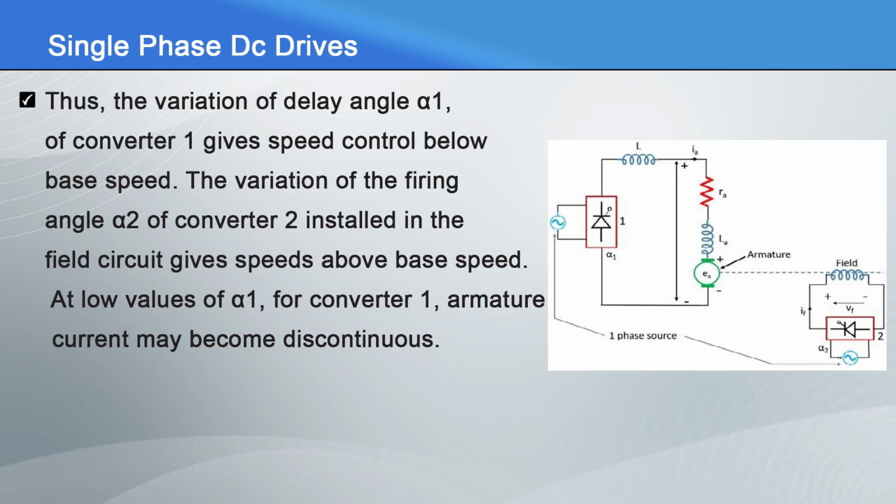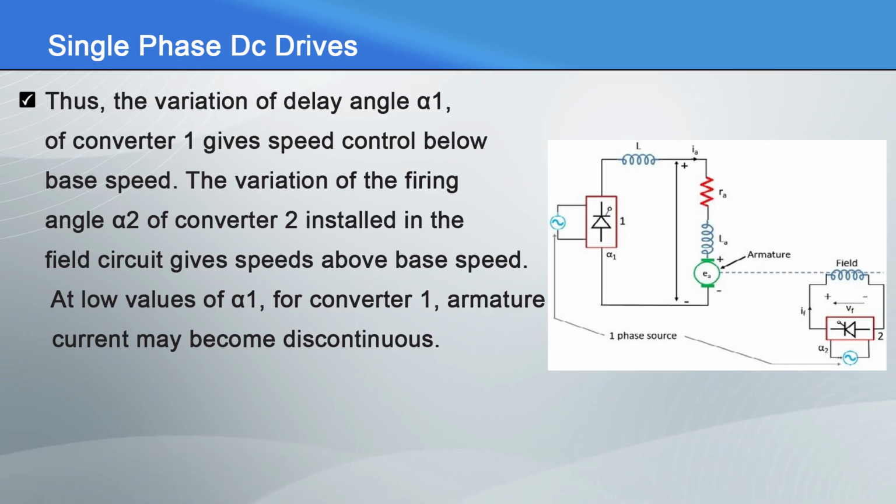Thus, the variation of the delay angle alpha 1 of converter 1 gives speed control below the base speed. The variation of the firing angle alpha 2 of converter 2 installed in the field circuit gives speed above base